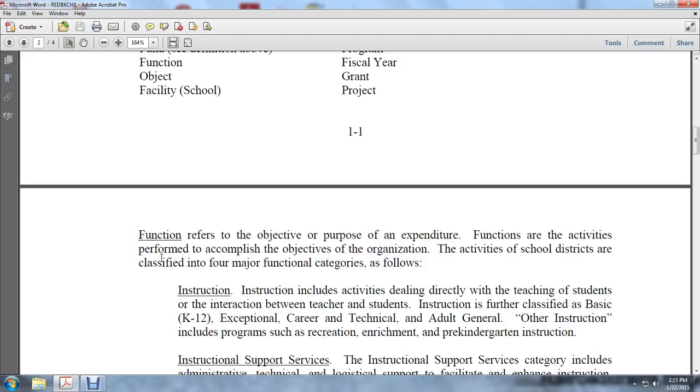Functions refer to the objective or purpose of the expenditure. Functions are the activities performed that accomplish the objective of the organization. Activities of the school district are classified into four major functional categories as follows. Instructional includes the activities dealing directly with the teaching of students, the interaction between teachers and students, and instruction classified as basic K through 12, exceptional, career and technical, adult, and general. Other instruction includes programs such as recreational enrichment and